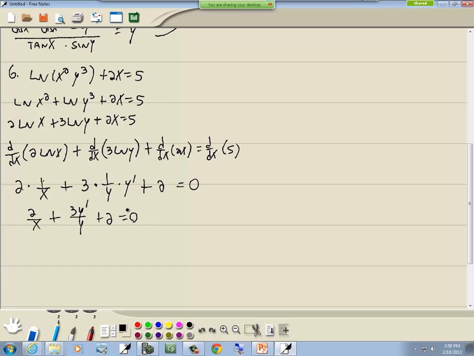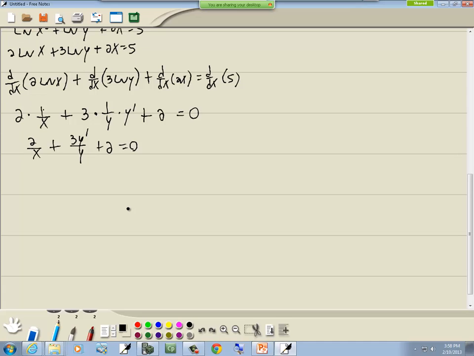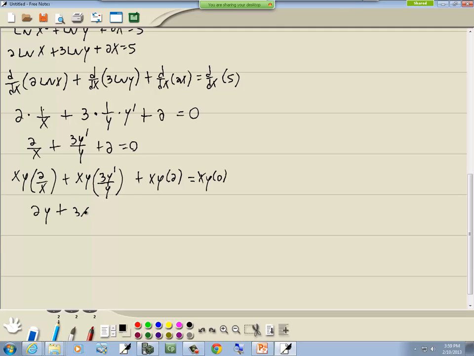Now we're solving, and anytime you're solving anything in math, you always get rid of parentheses first, but then you get rid of fractions. And it's always the same way. We multiply everything by the LCM of all our denominators. We got x and y, so our LCM would be xy. And that's what I multiply everything by. So multiply times my first fraction, multiply times my second fraction, multiply times the 2, and I'll also multiply times the 0, though that doesn't ever go anywhere. These x's cancel here, and I got 2y plus those y's cancel, and we got 3x y prime